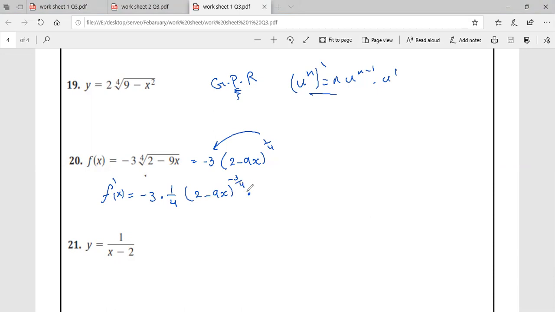Don't forget to multiply by the derivative of the function that is in the bracket. It will be negative 9, and don't forget also to write it between two brackets to avoid considering the multiplication as a